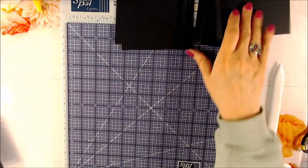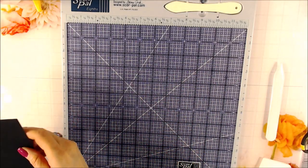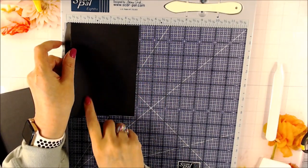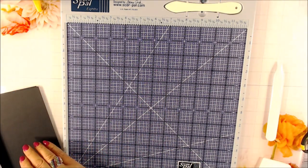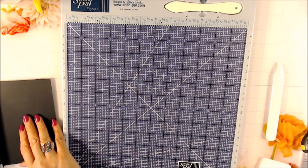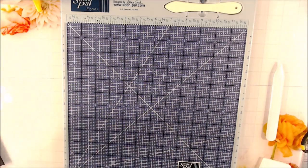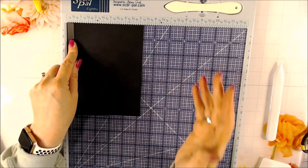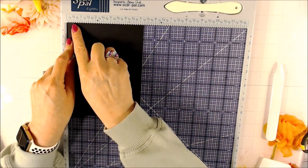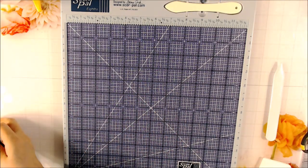On all of them, you're going to do a 1/2 inch score because it's going to be a flap up and a flap down. So on the one that's 5 inches across, put your 5 inches across the top, score at a 1/2. The ones that are 5 1/4 by 6 3/4, but it's not really 6 3/4, it's a 1/16 of an inch shorter. Put the 5 1/4 inch at the top, score at a 1/2. So these are going to be flap up and flap down